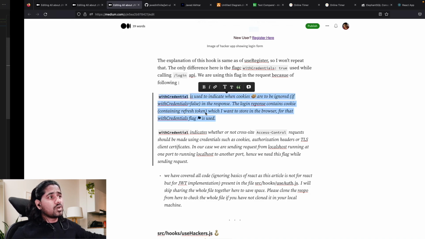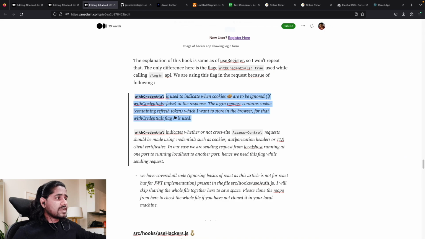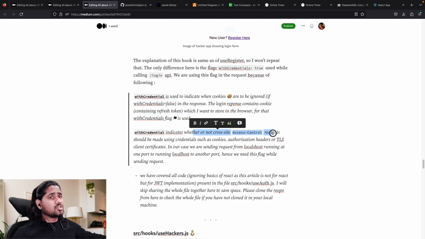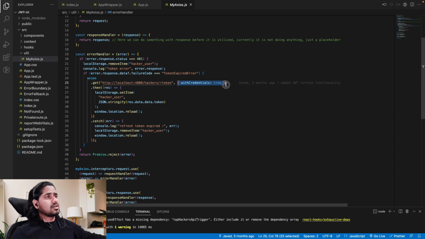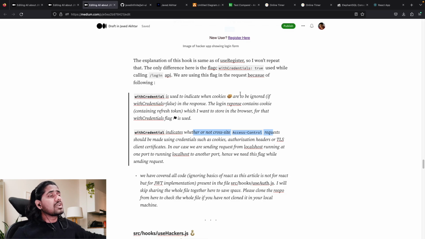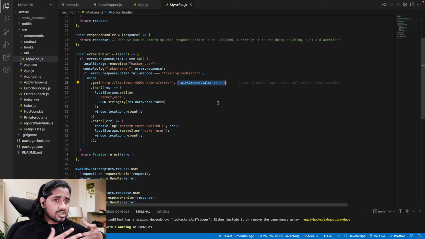There are two parts. One is if it is a cross-site request, then you are allowed if you pass with credential as a true value. As well as, if you don't want your token to be ignored in the response,